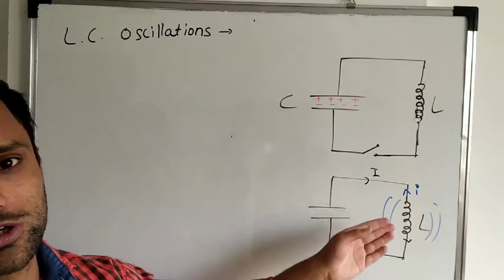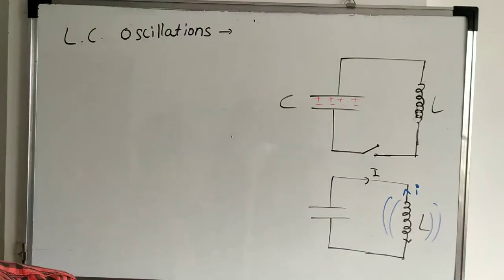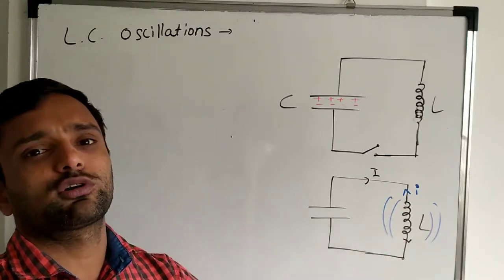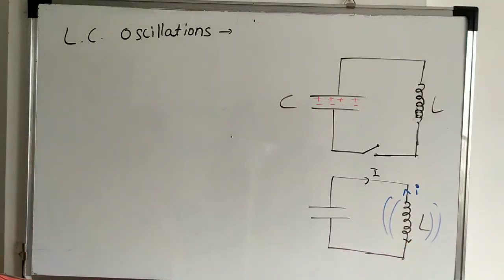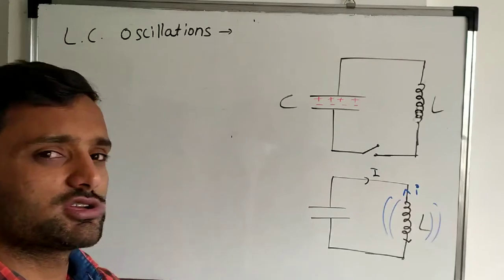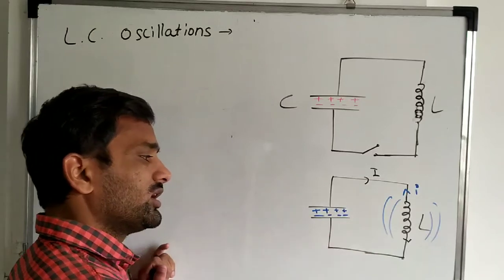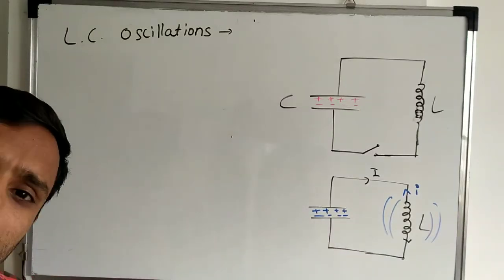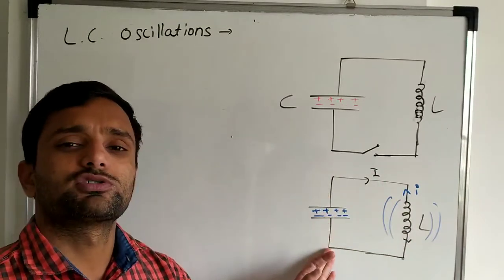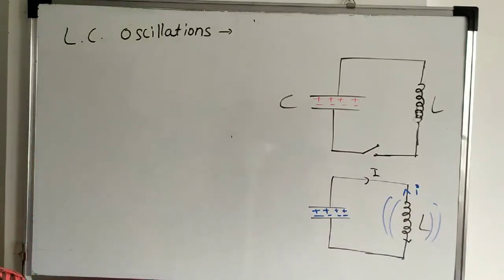The capacitor will discharge completely through the inductor, which converts the electrostatic energy completely into the magnetic field, and that magnetic field produces the induced EMF or induced current across the inductor coil, which will flow exactly in the opposite direction. Again, in the next case, the capacitor will start charging. Again the capacitor will get completely charged through the current flowing through it. Again the same procedure will happen. Again the capacitor will discharge through the inductor coil.